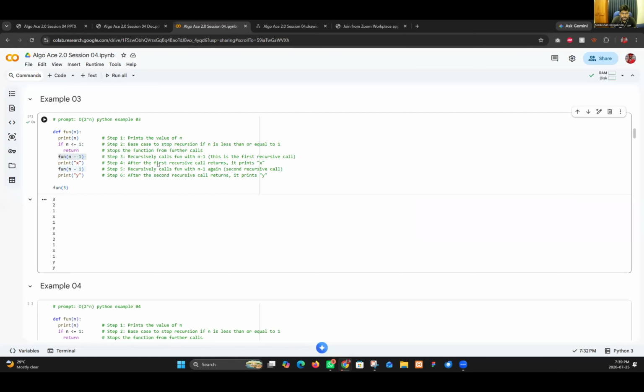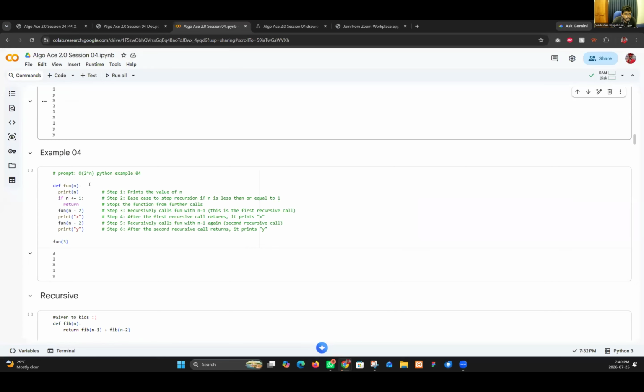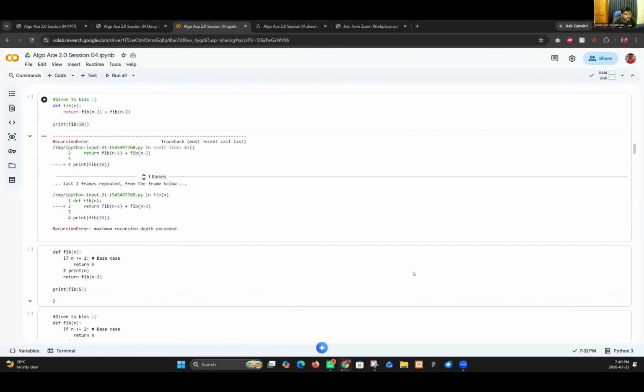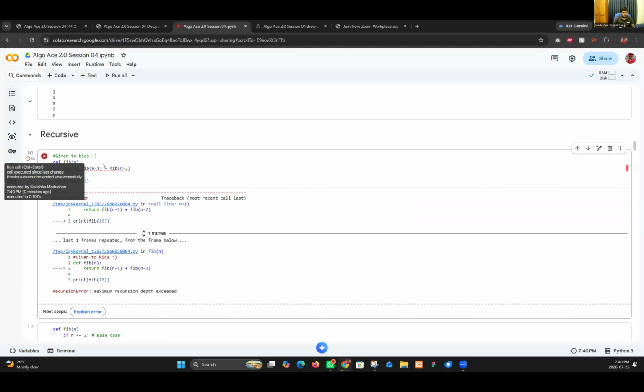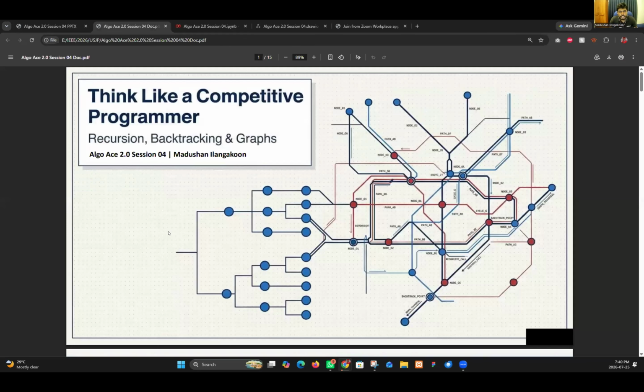Since we completed our third program, let's come to the fourth one. This is similar. Okay, let's identify what is recursive. For the previous question, they gave us a hint. What is the hint?